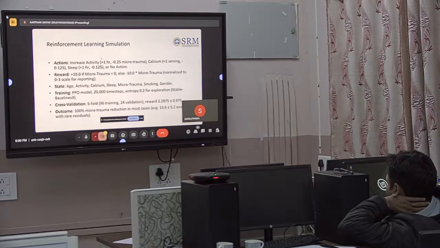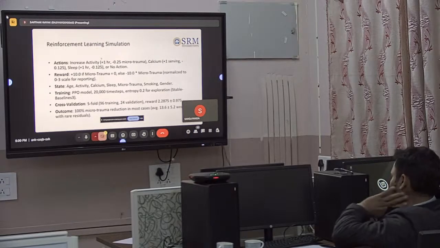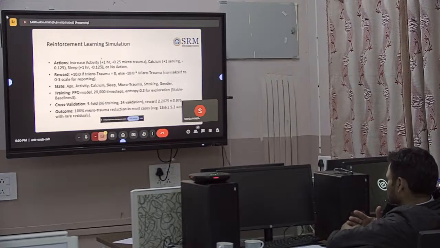Actually, we derived this from a study: the activity reduces microtrauma by 25% and sleep by 12.5%. So, moving on to the reward system, if the microtrauma reaches zero gradually, the reward is plus 10,